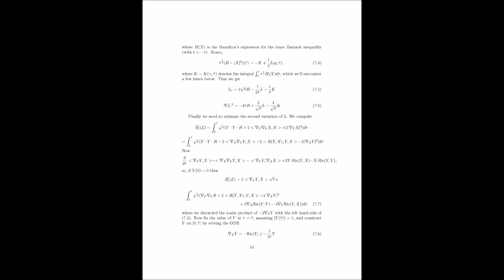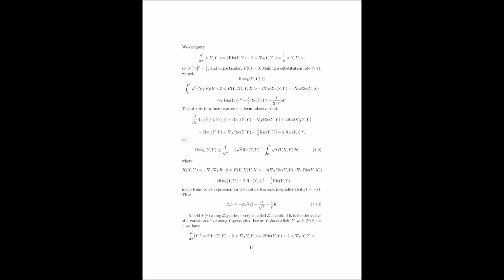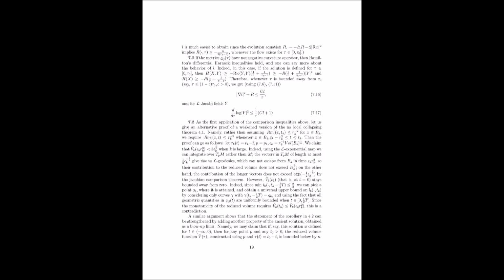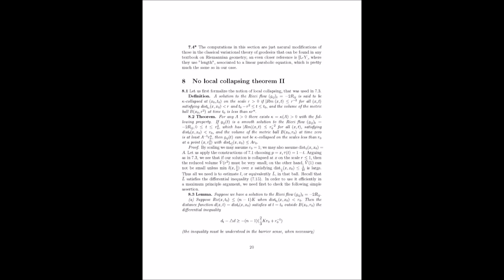Welcome back to our deep dive into the incredible world of Perelman's work on the Ricci flow. In the previous parts, we've covered a lot of ground. Entropy, no breathers, no collapsing, L-geometry, ancient solutions, even geometric surgery. Now in this final part, I'm excited to see how all these pieces come together to reveal a stunning picture of three-dimensional spaces. It is quite remarkable how these seemingly disparate concepts weave together to form a cohesive and powerful theory. It's like watching a tapestry being woven thread by thread until a breathtaking image emerges.